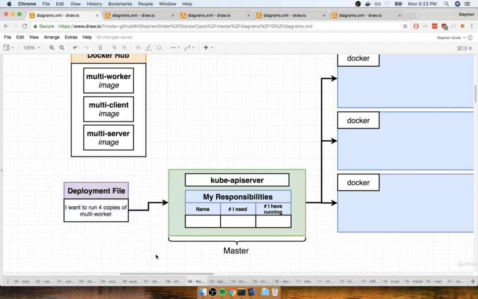Now we're going to imagine that rather than creating a single instance of the multi-client image or multi-client container, maybe we have a deployment file that instead says that it wants to create 4 copies using the multi-worker image. So we're just going to imagine, for the sake of discussion, that we slightly changed our deployment file. We're then going to imagine that we take this file and we feed it into the kubectl apply